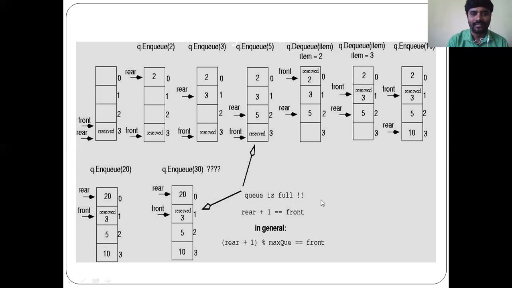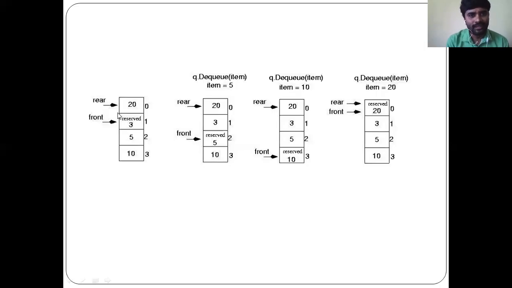Here, for example, the queue is full. We know the condition: rear plus 1 equals front. In general, rear plus 1 is maximum front. We saw all those things in a previous slide. Now here, finding the rear condition, the location is 1, that equals number 3.